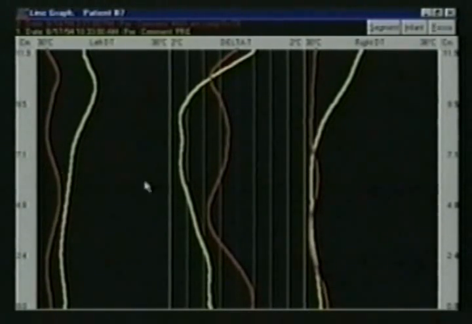Now, on these scans, anything towards the right is hot, and of course, anything towards the left is cold. If we go to the top of the DT windows here, you'll see 30 degrees centigrade on the left and 38 on the right, so everything that's warm is towards the right. So basically at 5